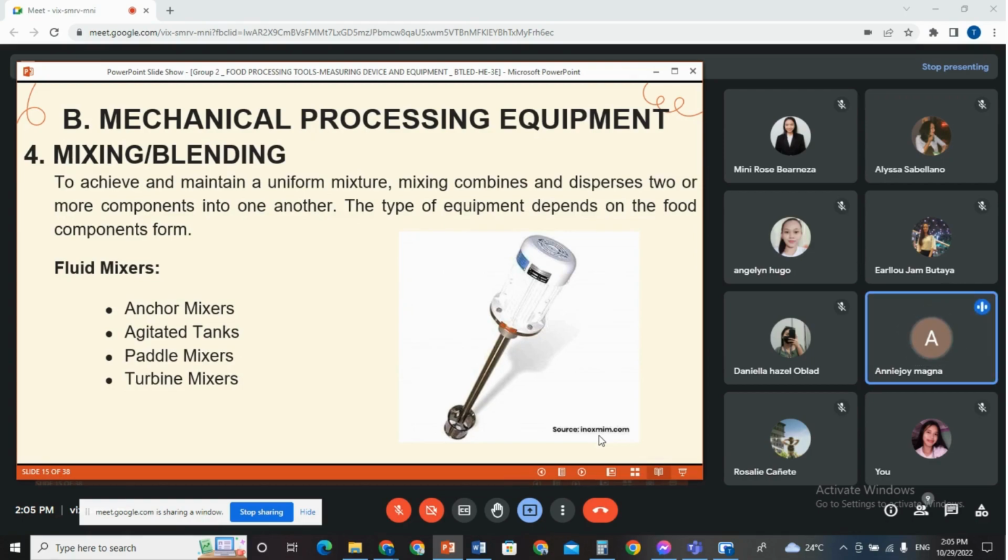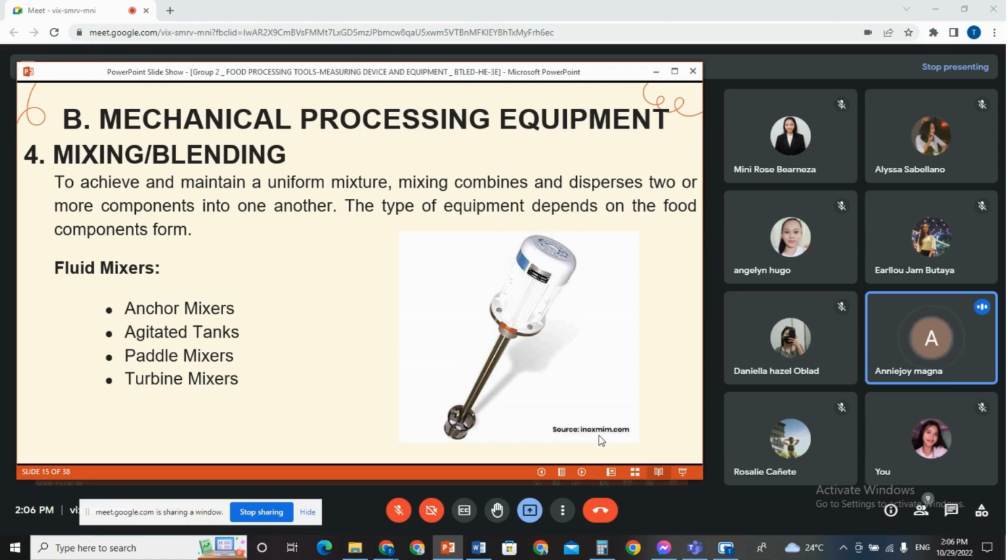Mixing or blending. To achieve and maintain a uniform mixture, mixing combines and disperses two or more components into one another. The type of equipment depends on the food component's form. So, mixing is an important process because it affects the product quality, to achieve a homogeneous product. A food or dairy powder processor needs to understand both product requirements